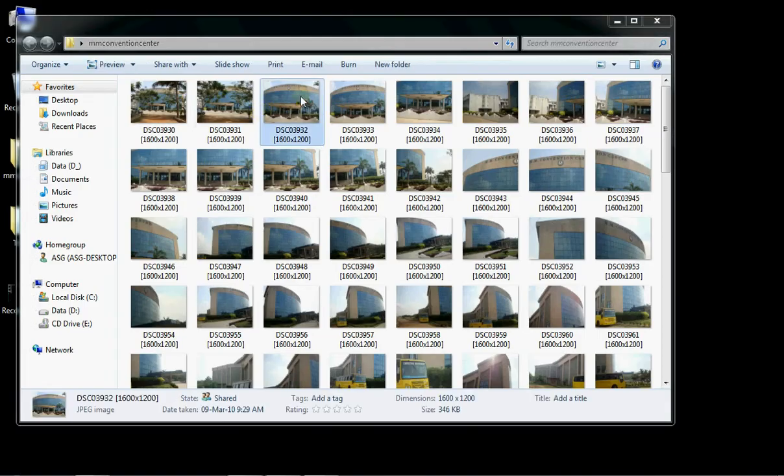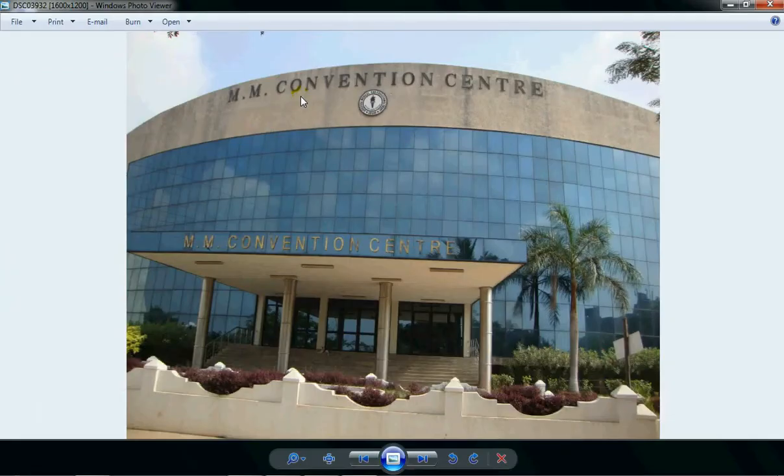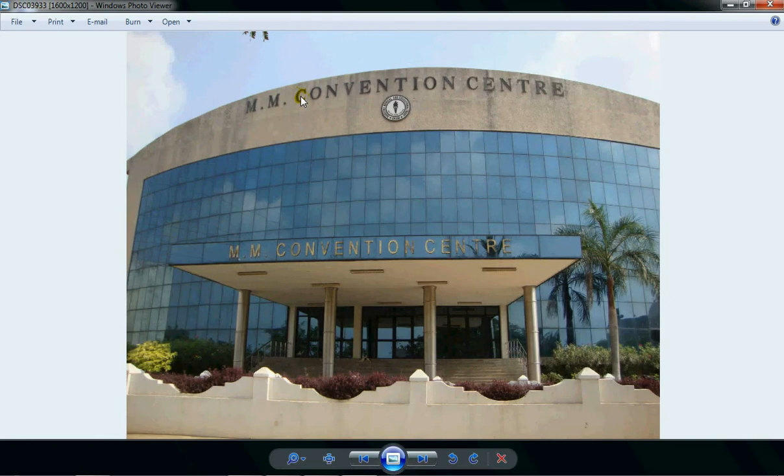So I would like to bring your focus to this particular picture. Now this picture is of a building called the MM Convention Center. This was basically the official venue of Microsoft DreamSpark Yatra Chennai 2010. Now if you look into this picture and you look into the picture next to it, you will see that these both are of the same places. So basically both pictures are different pictures, yes, but they have a lot of repetition in terms of the content